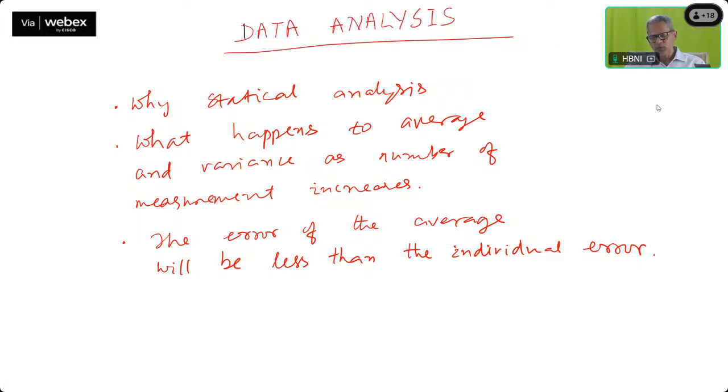Suppose you make one measurement, you have a certain error. But if you make a larger number of measurements, the error on the average will be less than the error in an individual measurement. This is very important information. This is what we are going to learn today. So we will try to learn these three points today. And in general,